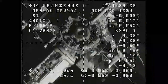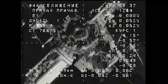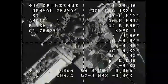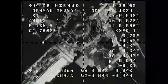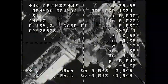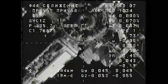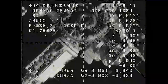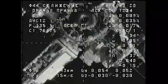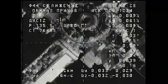Принято. Готовность ССП. And please confirm the docking and internal transfer system activation and readiness. Sergey, please provide a running commentary all the time so that we know we have comm. Okay, SSVP, docking and internal transfer system is ready, and we are at the range rate of minus 0.19. We are standing by for SSVP ready. SSVP is ready. Please do not send the command to close the course scanning antenna, our VKA, at the range of 30